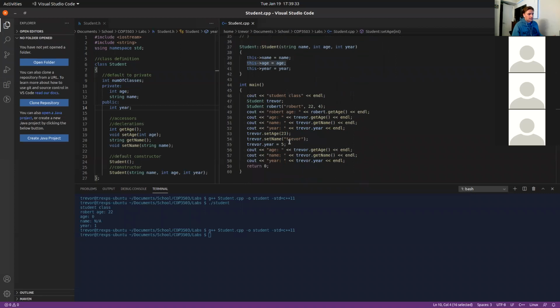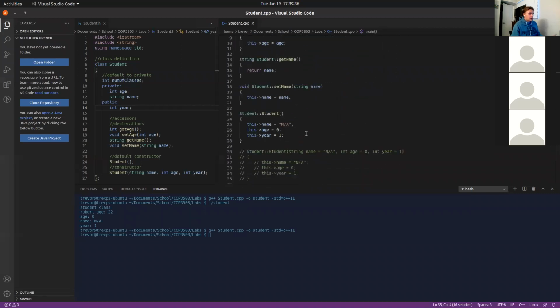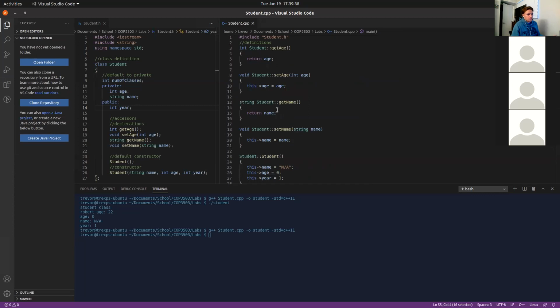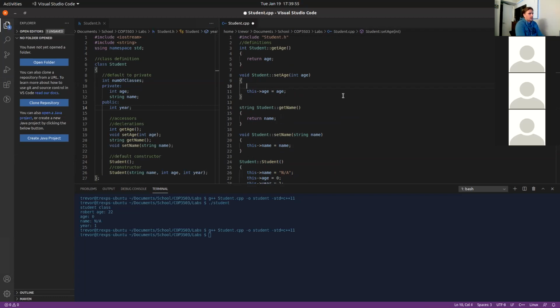So why not just make it all public? And I would say that you're right, and we probably should. Where the importance of private data members comes in is, let's say within the setter, we were trying to maybe restrict certain age groups. Let's say you had to be 18 to enroll at whatever university this is. You could do something within the setter, like if the age is greater than